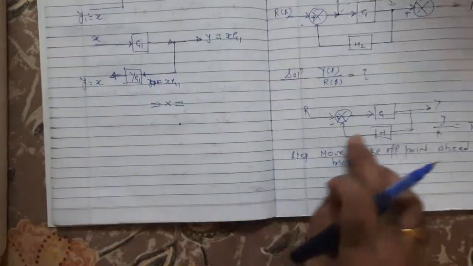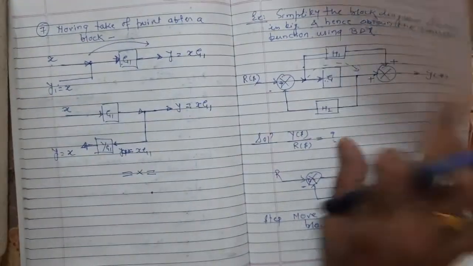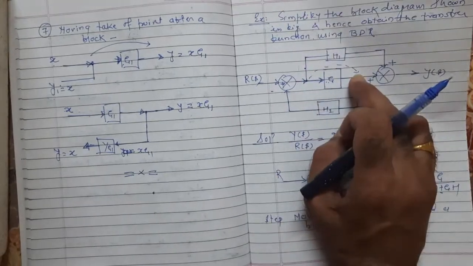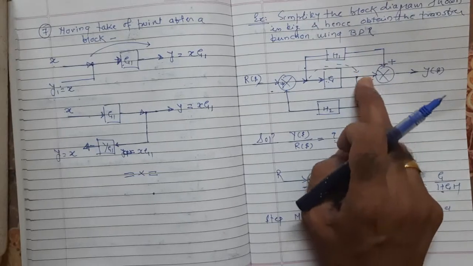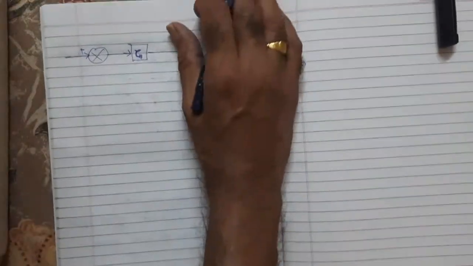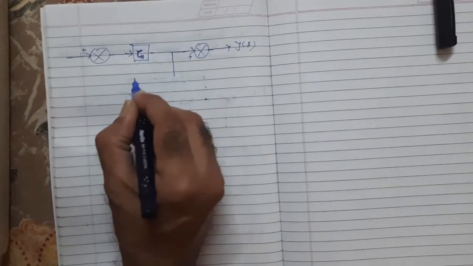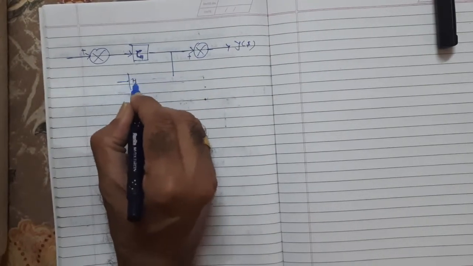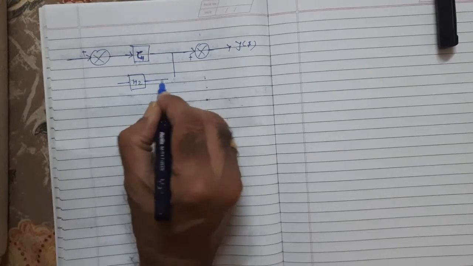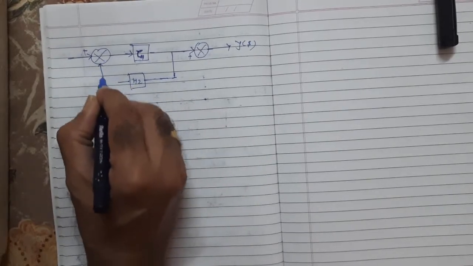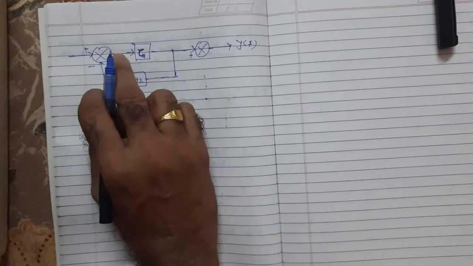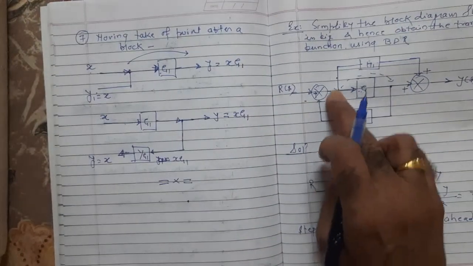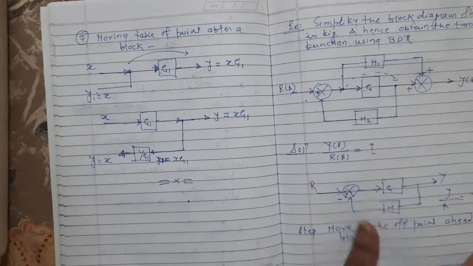Now see here, what happens here? What we are doing here, we are moving these takeoff points after this one, and here there is one takeoff point, and from where that takeoff point S2 is there. So here first we will draw S2, and it is applied over here. This is minus, okay, this point, and these takeoff points we are moving here.